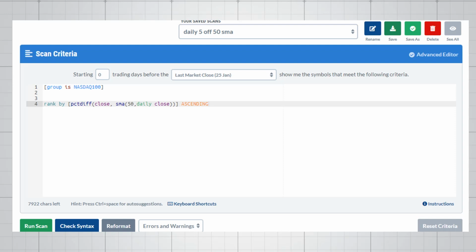Is it close? Is it above? Is it over? Well, we can rank stocks simply by their proximity, and I would refer to this as a proximity rank. How close or far are we from an important technical aspect? In this particular case, it's the SMA 50,